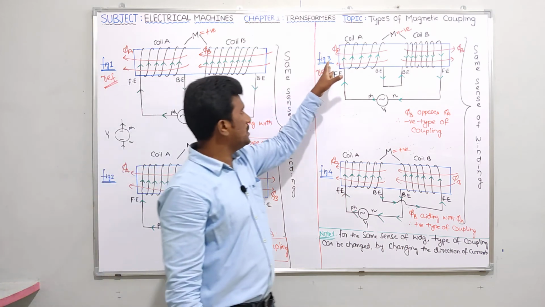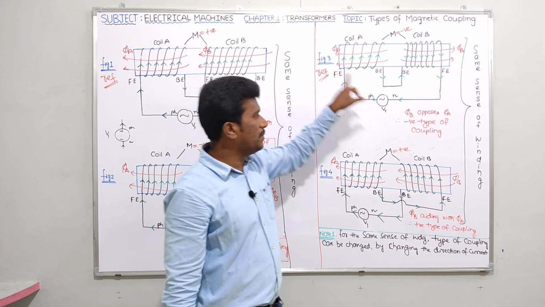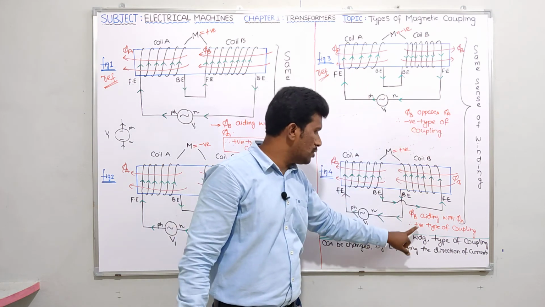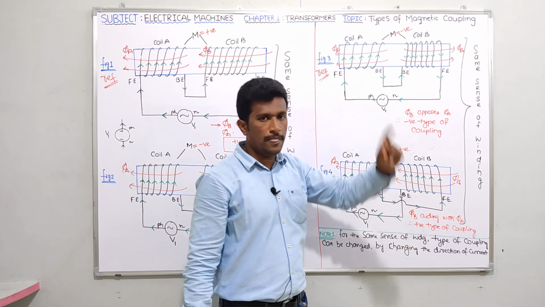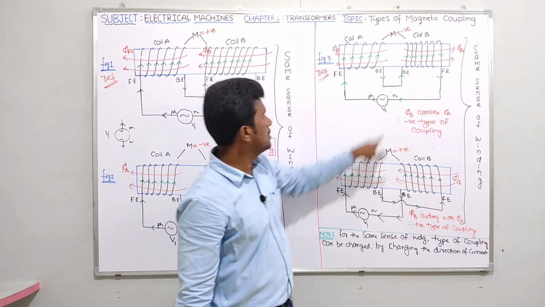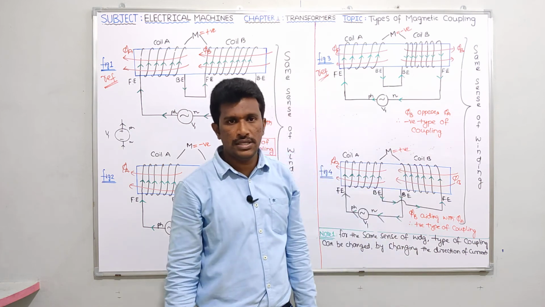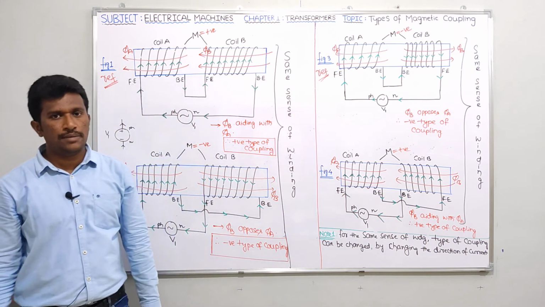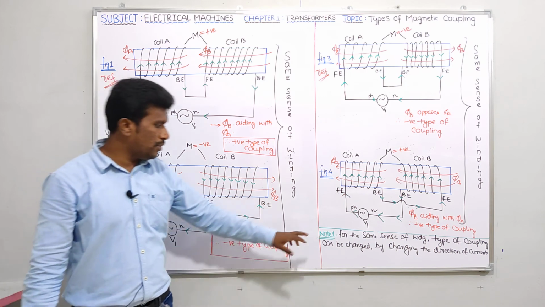If we use figure number 3 and figure number 4, okay, figure 3 is reference for us, nothing but negative type of coupling is reference for us. Negative coupling is changed to positive coupling once again by changing direction of current in coil B. If you want, you can see coil B, I am asking. See coil A upwards, coil A upwards, coil B downwards, but coil B here upwards. Is it clear? Therefore, for the same sense of winding, type of coupling can be changed by changing the direction of current. This is an important note.